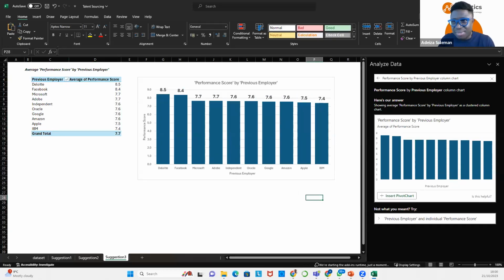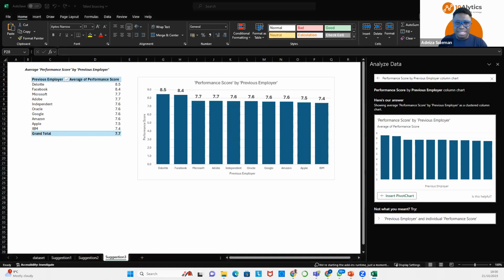Now let's ask the question. Which of the two, let's say, what's the top previous employer that employees tend to have better performance? Okay, the previous employers from which employees tend to have better performance. I want somebody who hasn't spoken so far. Not Precious. Precious just spoke a while ago. So Blessing, I'm going to ask you to unmute yourself. Blessing, please go ahead.